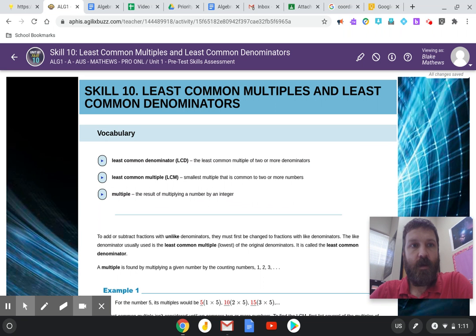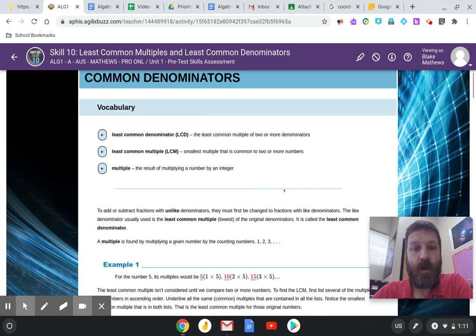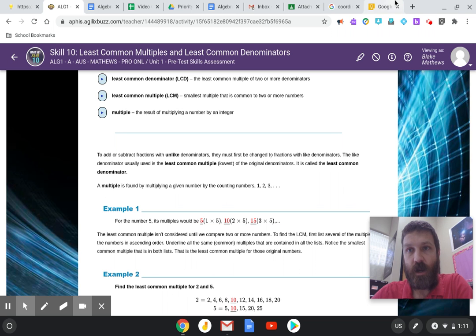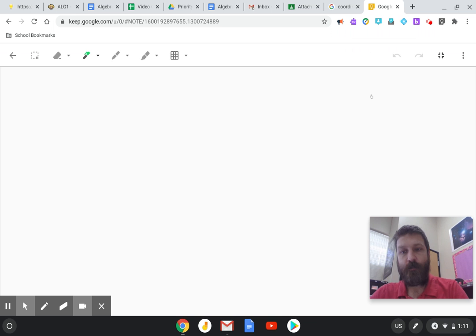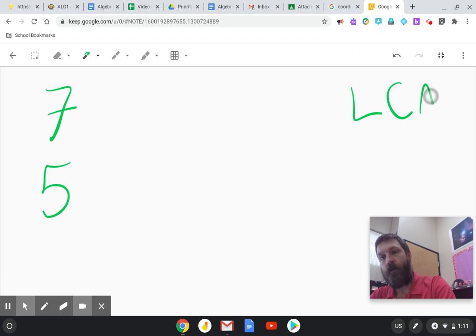All right, this is the Algebra 1, Unit 1, Skill 10 video dealing with least common multiples and least common denominators, which are really two terms for the same thing, or at least least common denominators are one way that least common multiples are used in math. So a least common multiple means that when I take two numbers, let me go ahead and just open a drawing here. If I take two numbers, let's just pick two, like 7 and 5, and we want to know what the least common multiple is,